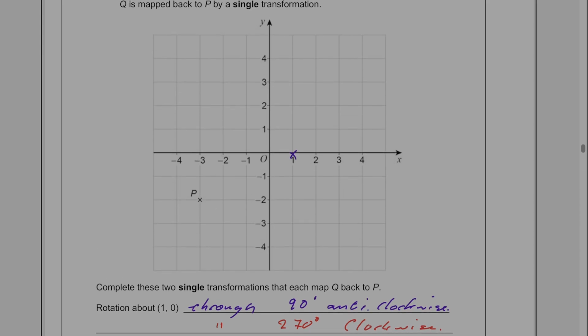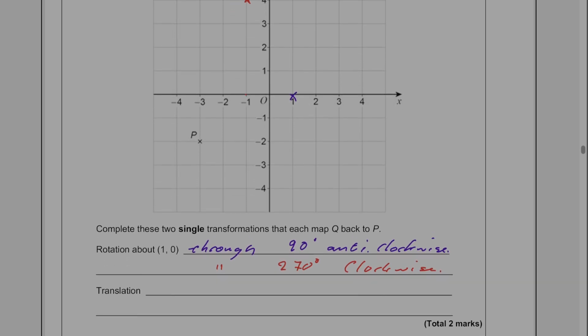So let's think about where Q would actually go. Currently it is 2 below and 4 to the right, so it's going to go 2 to the left and 4 up. So that would be point Q. Just double checking I've done that in the right direction. That looks right. So we could do a translation